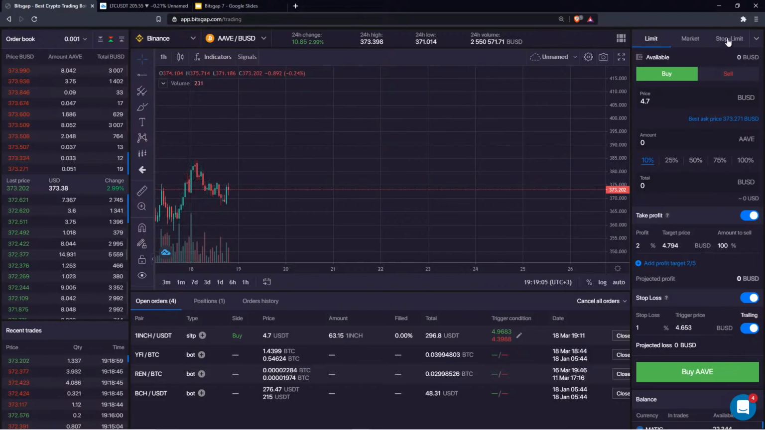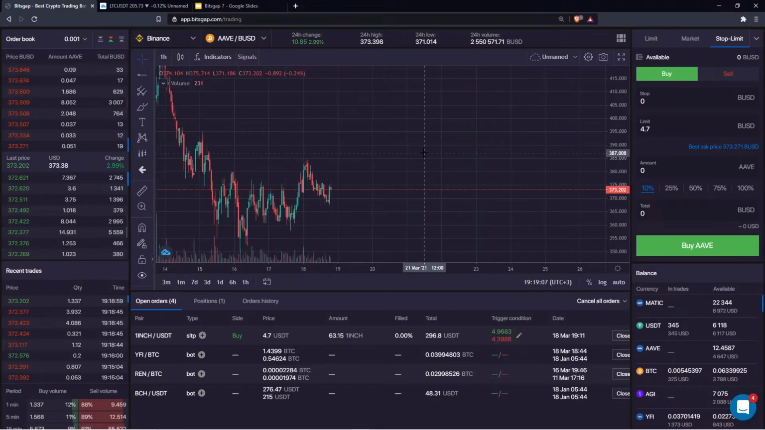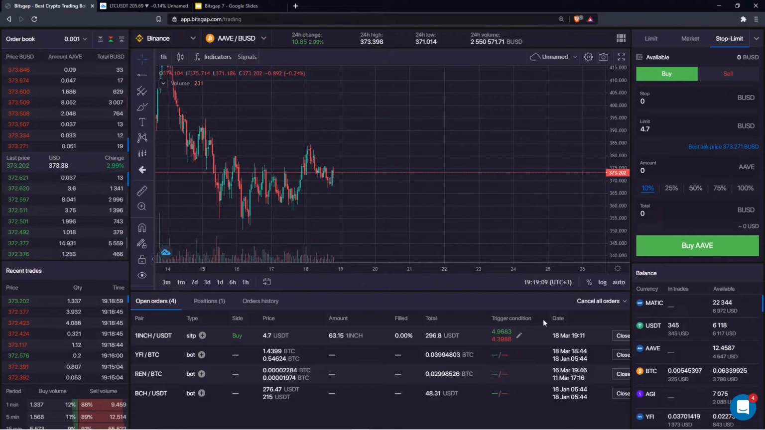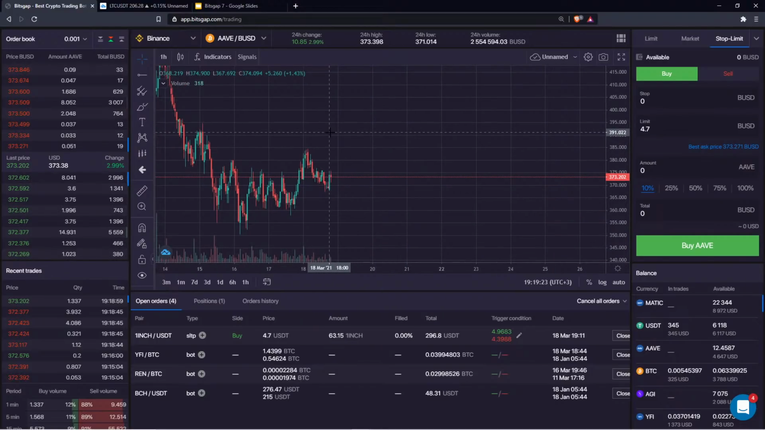So let's go further. The stop limit. The interesting thing about the stop limit is that you have this new section which is known as the stop. It is also known as the trigger price or the conditional price. Well, call it as you want. The point here is that